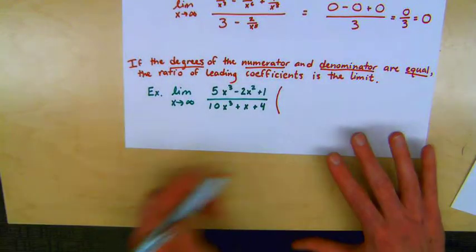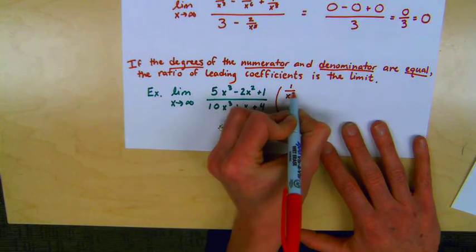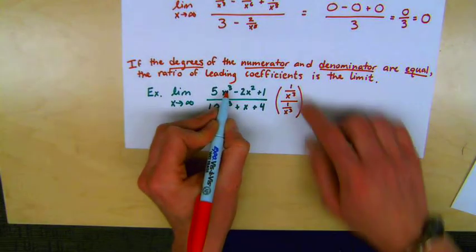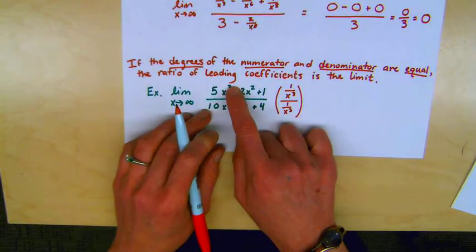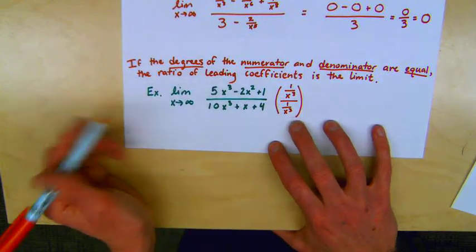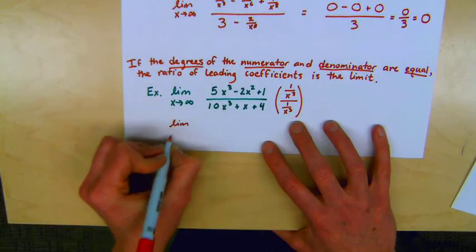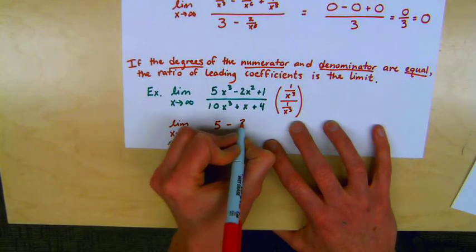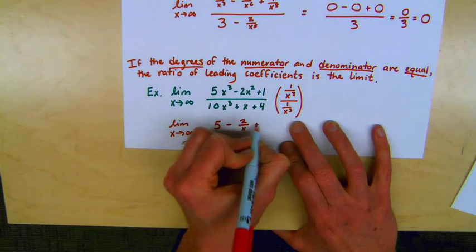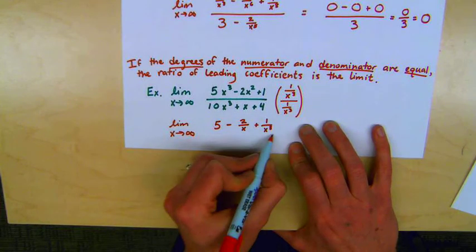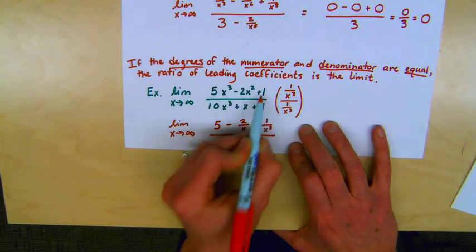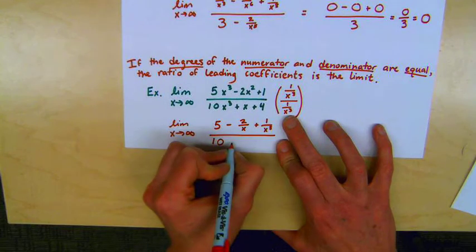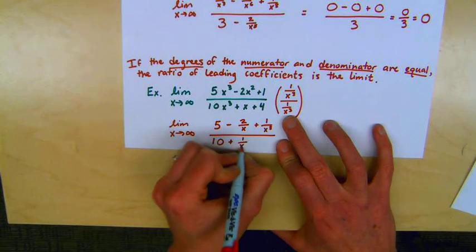That's my qualitative analysis. Formally, we'll multiply both the numerator and the denominator by 1 over the largest x to the degree power, and I am left with the limit as x approaches infinity of 5 minus 2 over x plus 1 over x cubed in the numerator by the distributive property again. And then I'm going to distribute in the denominator, and I end up with 10 plus 1 over x squared plus